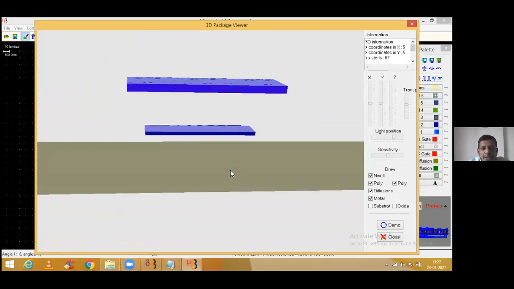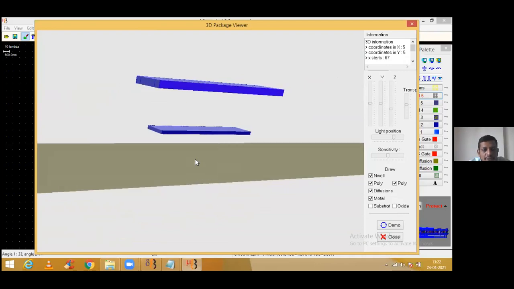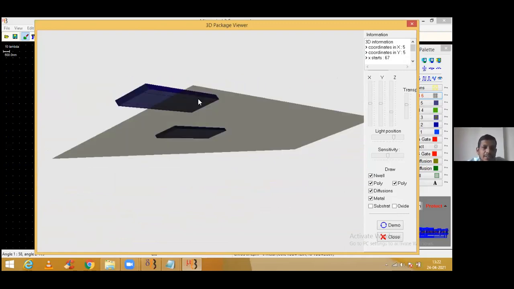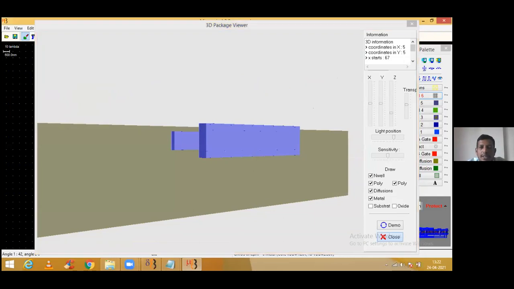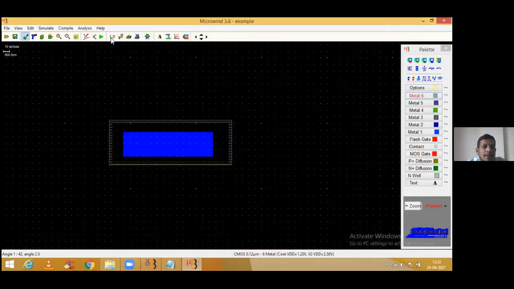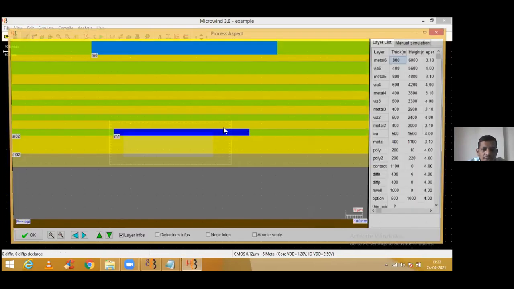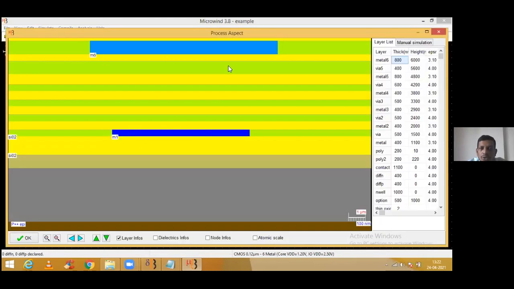Look at that. We are taking a 3D view of the same design. This is the metal 1 layer that I have, and it has 6 positions in the fabrication, and that one is metal 6. Again, in the 2D view, I have a 2-dimensional view. So this is the position of your metal 1, and this is the position of your metal 6. Am I right? You need to use it on your machine, guys. Please, it's a request to you all: try to explore each and every feature of this software tool.